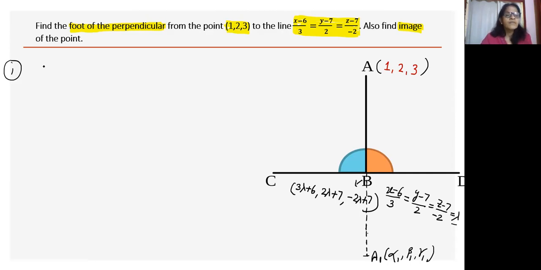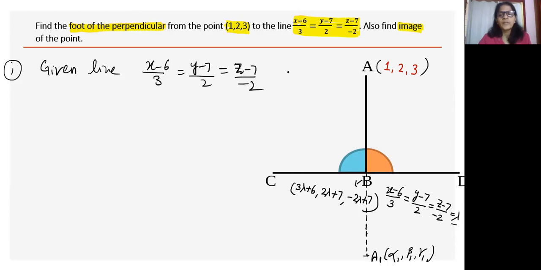Yeah, so the given line is (x minus 6)/3 = (y minus 7)/2 = (z minus 7)/(minus 2), let it be lambda. So in step 1, take the general point. Let (3 lambda plus 6, 2 lambda plus 7, minus 2 lambda plus 7)